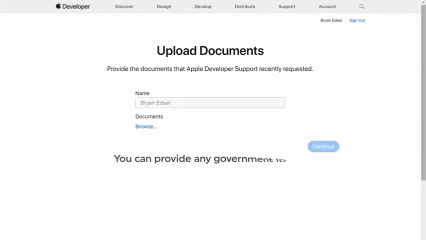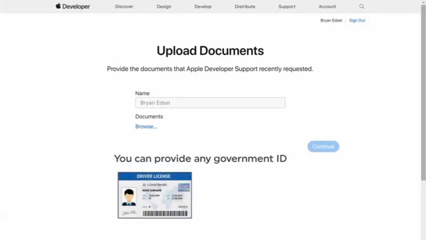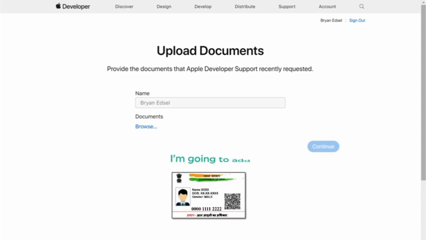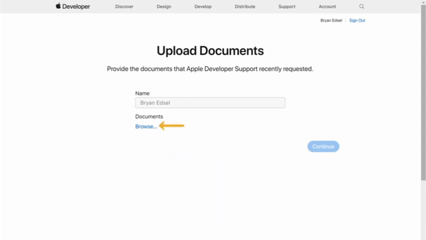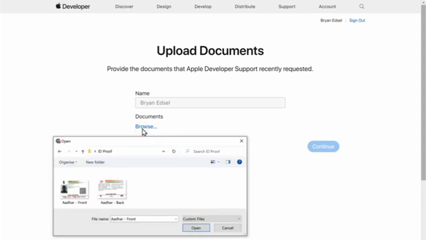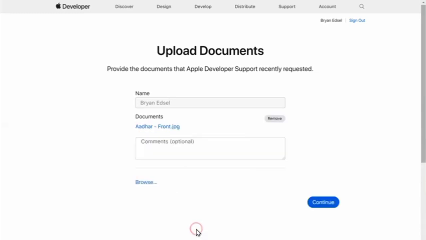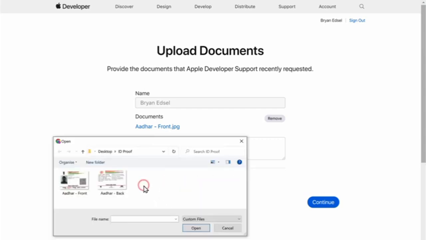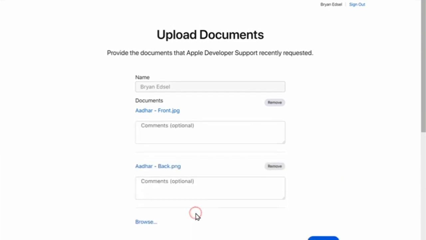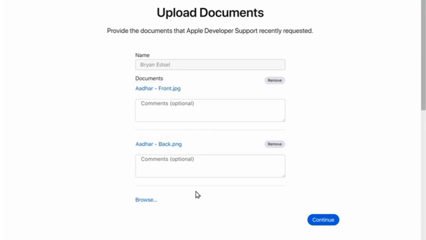Now you can provide any government ID like your driving license or an Aadhaar card. I'm going to add my Aadhaar ID. So let's click Browse. Select the file. Then click Open. Now at the back side, again click Browse and select the back side. Then click Open. And once you've uploaded the files, click Continue